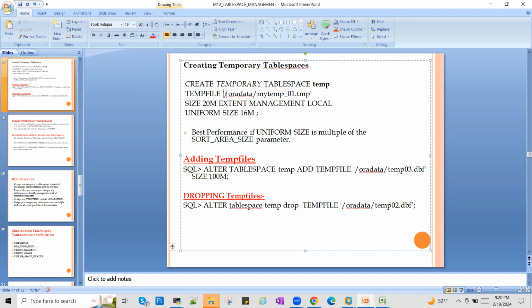Again, you can give the location of temp files, size, and you can add extra temp files to the tablespace. See, a tablespace is just a container. You can put however many files in it. Depending on the block size, there's a limit on how much a data file or a temp file can grow. Generally, with 8 kilobytes, it will go to 32 GB. So after 32 GB, you need to add a new data file